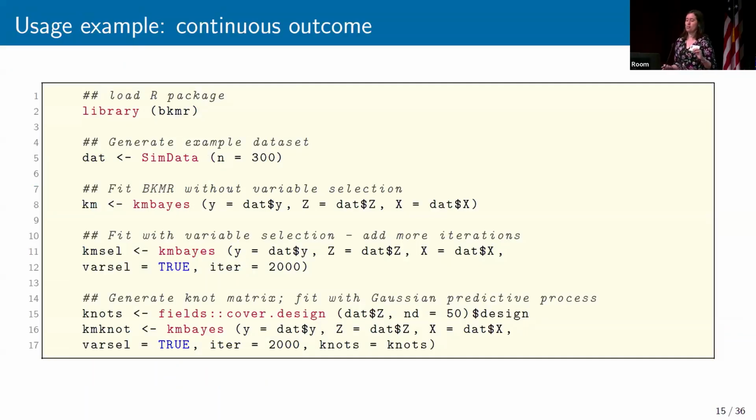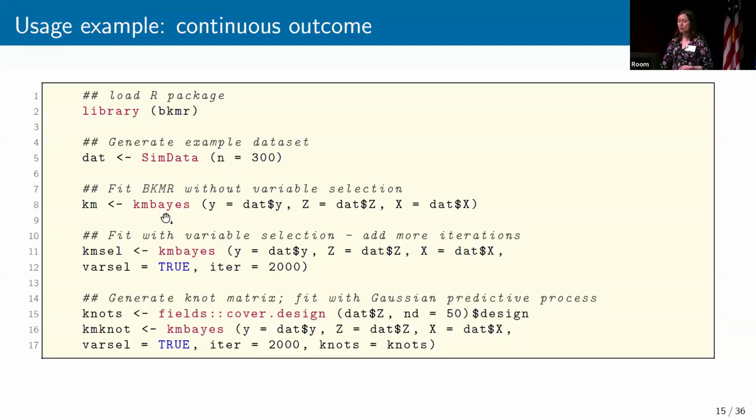So I'll just have a couple slides with code. I'm not going to go through all of the code, but these are all available either in the vignettes or in an environmental health paper that's highlighting the features of the R package. But to briefly go through this, so you would first load it. Once you've installed the R package, you can load it in. So you'd use the library command to load it in. The next line is generating an example data set. So there's a built-in function where you can simulate data. But you might have your real data set not needing to simulate, but to make this reproducible, I'm just simulating data for this usage example.